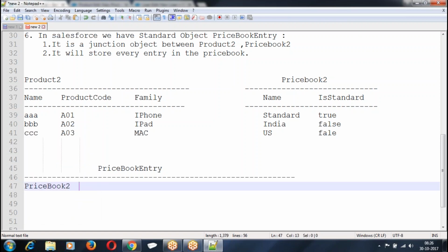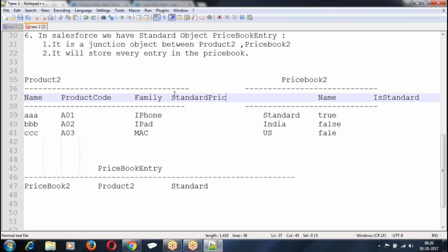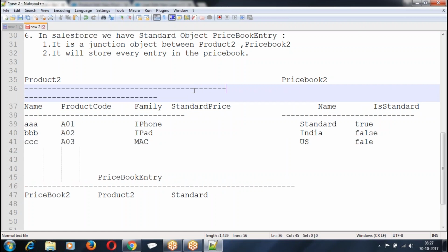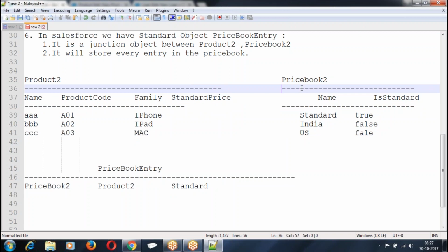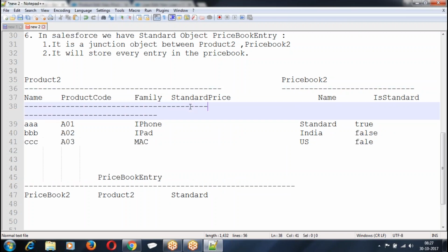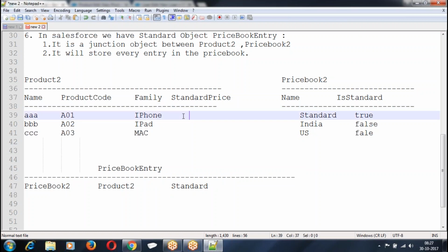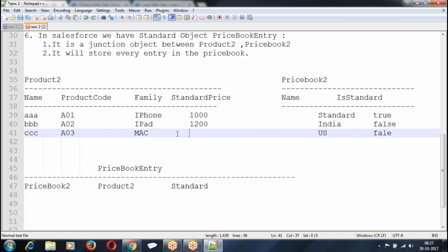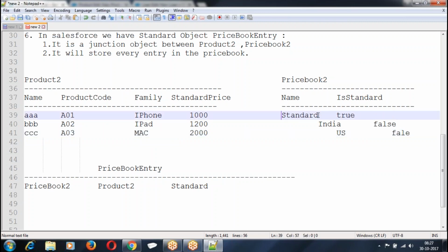We have price book 2, product 2. So we have some standard prices.